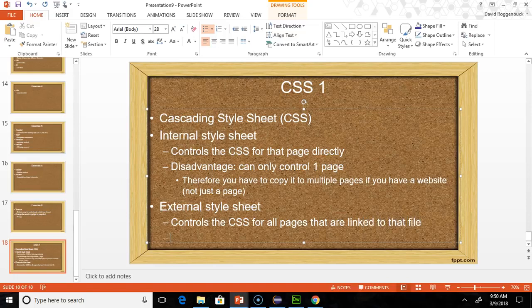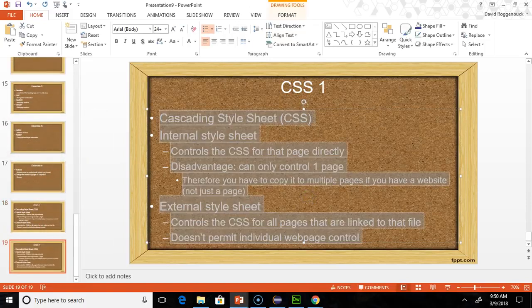Now, one of the big drawbacks is that it doesn't permit individual web page control. However, one thing to note is that regardless if you're using internal or external,